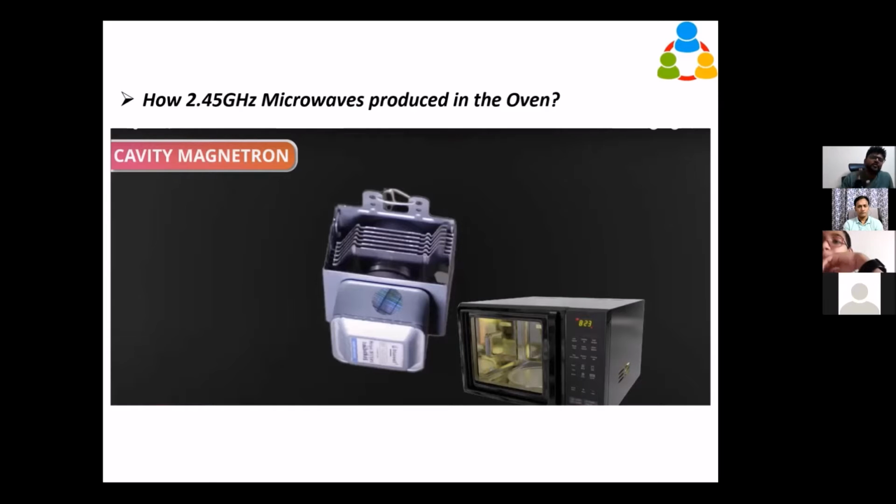Now, what produces this microwave in our oven? The magnetron. The magnetron is available behind our microwaves. You can check, but be careful, and only with adult supervision. Behind our microwave, this magnetron is there, this part. It is said to be one of history's complex engineering feats. We are going to see in a few minutes how complex it is and how it made possible the production of microwaves and extensive usage in radar systems.